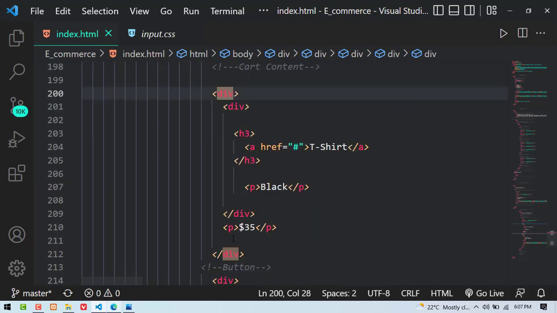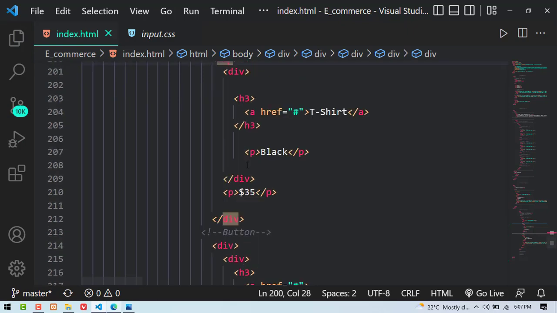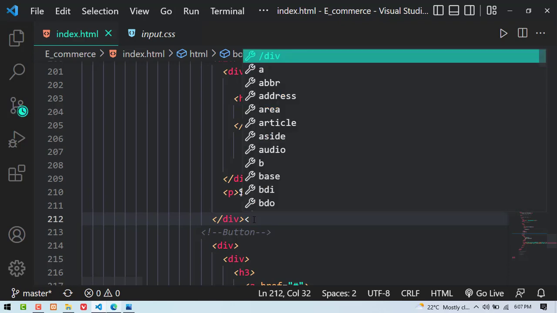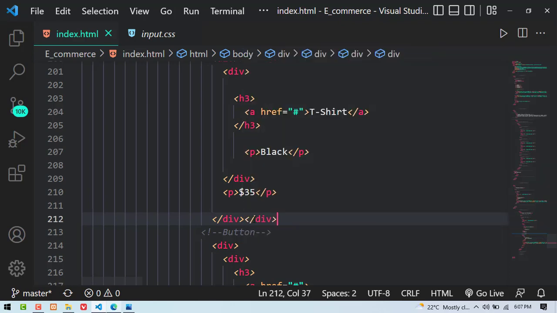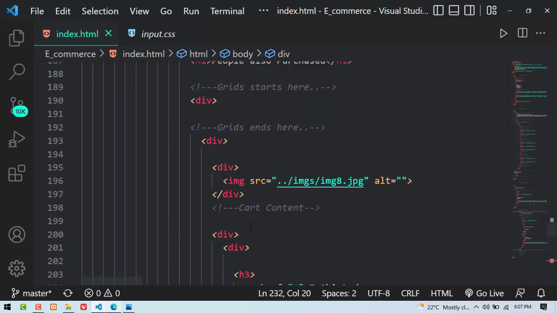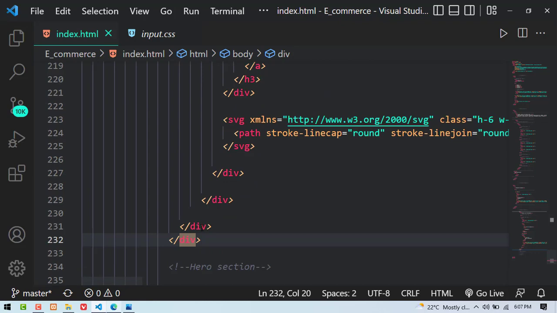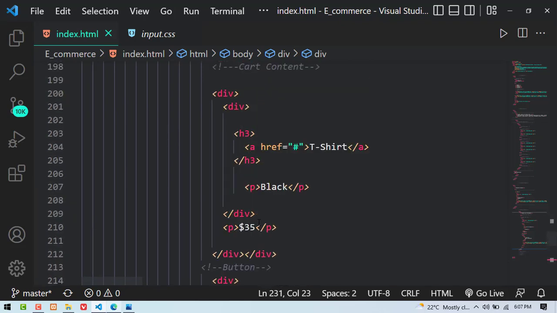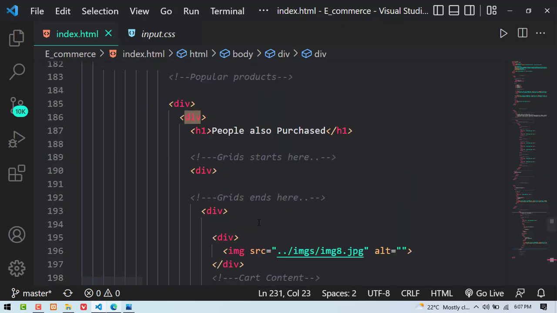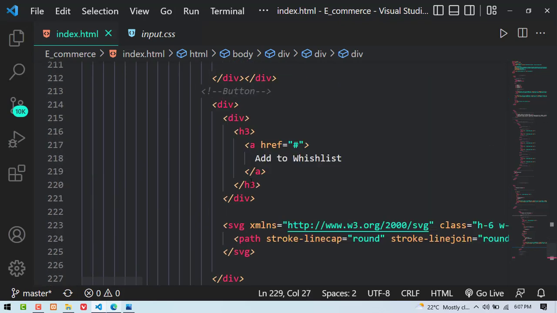So this one should be opened and closed, so we should come and close that there. So I'm still trying to eliminate some of the extra divs that we might have created by mistake. So we have that one there, should be there. Then we have that one, good. Then we have this one